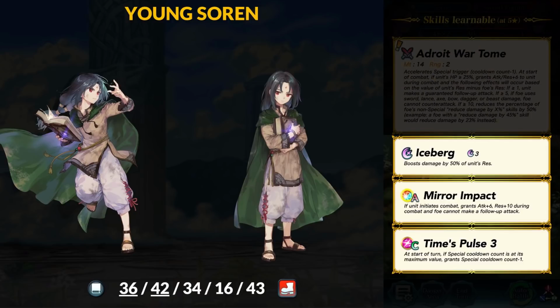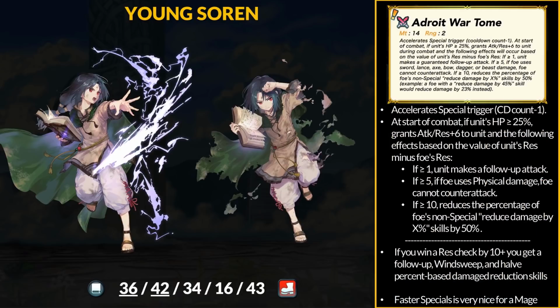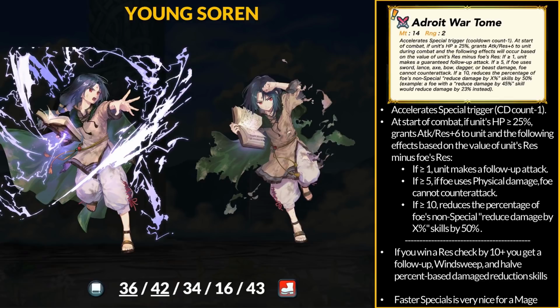For old skills, Soren has Iceberg as a special. He can empower it further with Mirror Impact and charge it up faster with Time's Pulse. Soren can do some nasty things to spam Iceberg often. In terms of his unique tome, the Adroit War Tome, this 14 might weapon accelerates specials, and at start of combat,